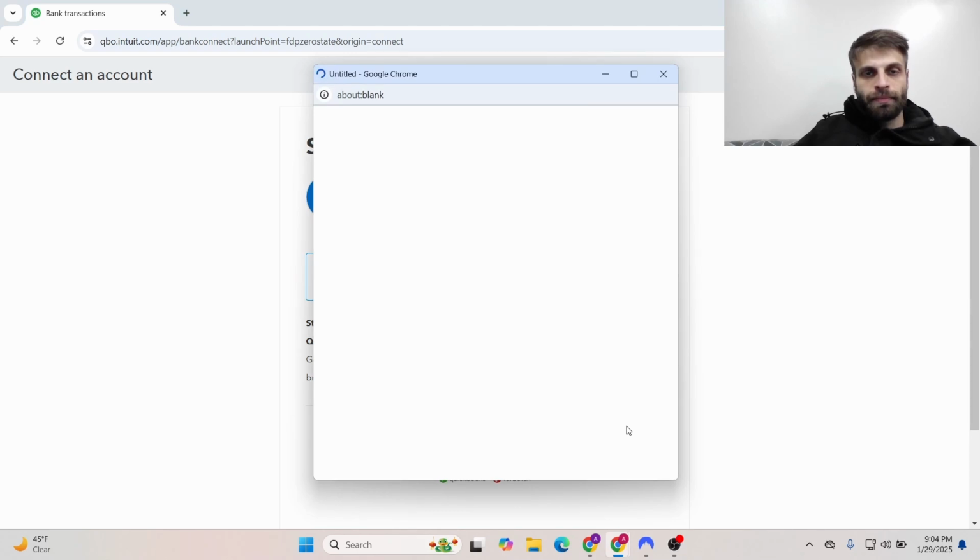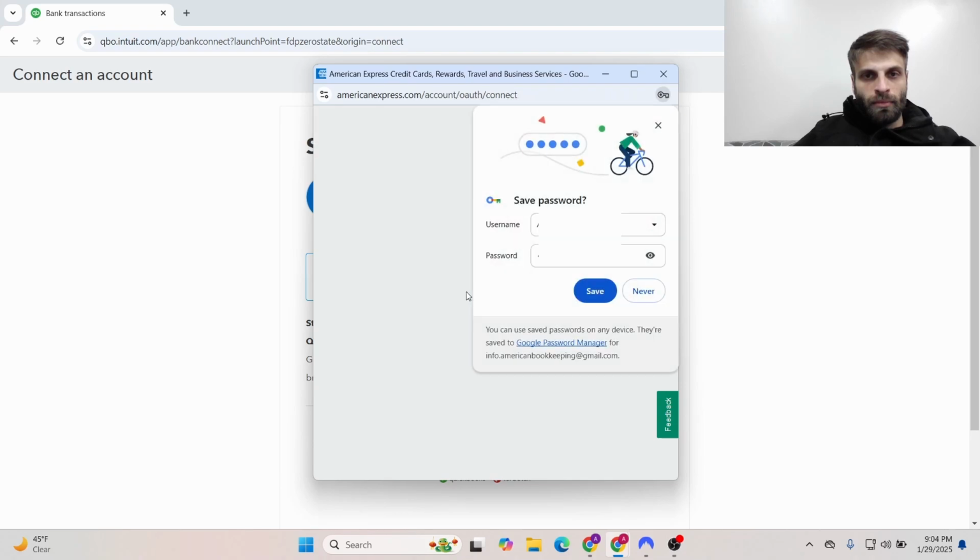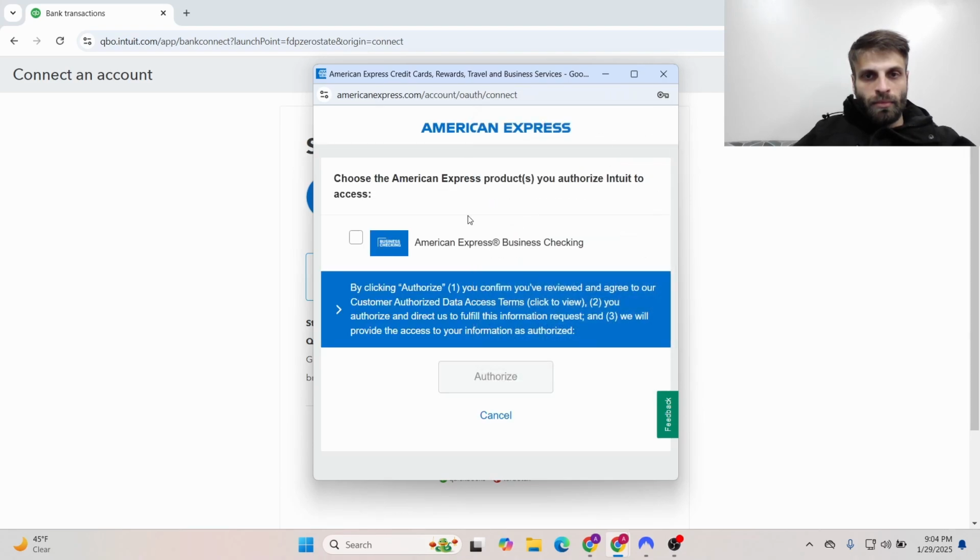Click continue. And then it will open up a dialog for you to sign in. So you can put your password in and it just goes straight through your bank. Now we can click on the particular accounts, which ones we want to link from that financial institution. Click authorize,